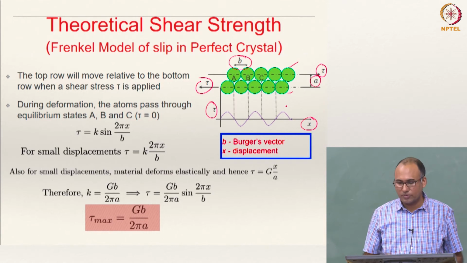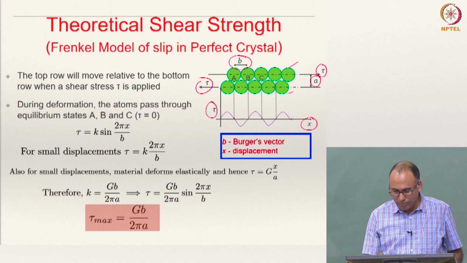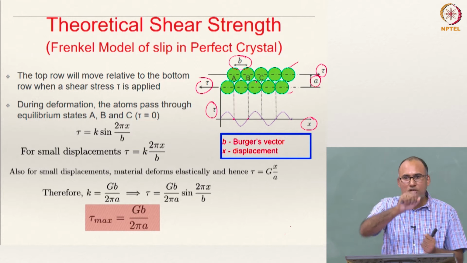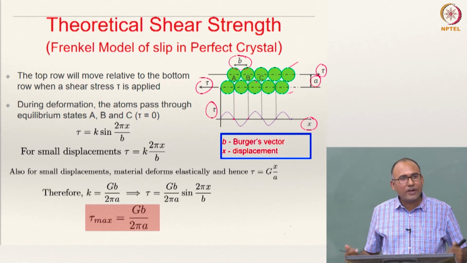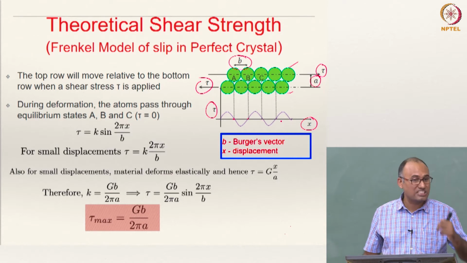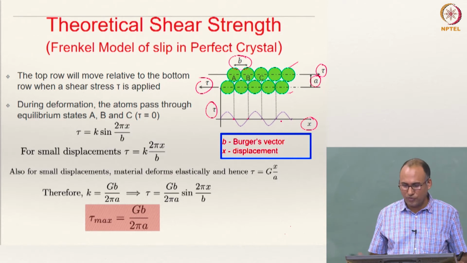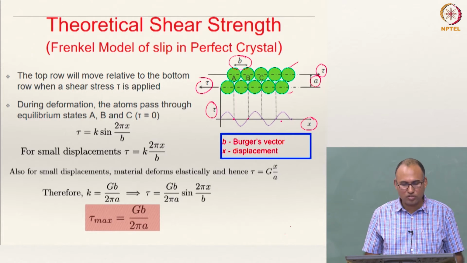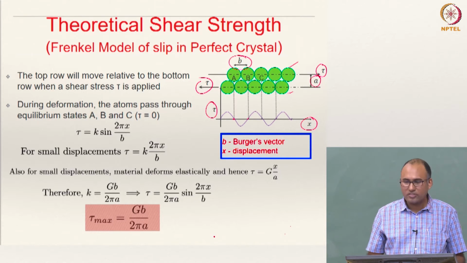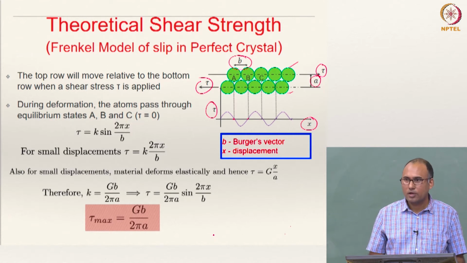the stress-strain plot looks something like that, because there is an equilibrium position A, B, C. So each atom will actually pass through these equilibrium positions when you are applying shear stress. For the sake of idealization, you can assume this to be a sinusoidal curve. It doesn't have to be sinusoidal, but for the sake of simplification, I am assuming it to be a sinusoidal curve, and hence I can describe this tau as a sine function, k times sine 2 pi x by b. Okay, this b is the